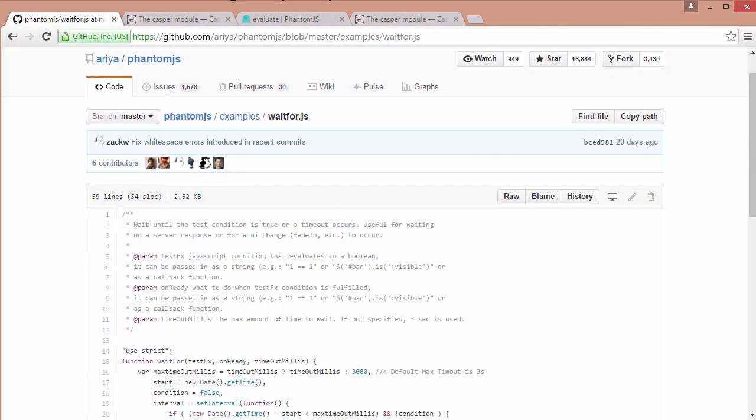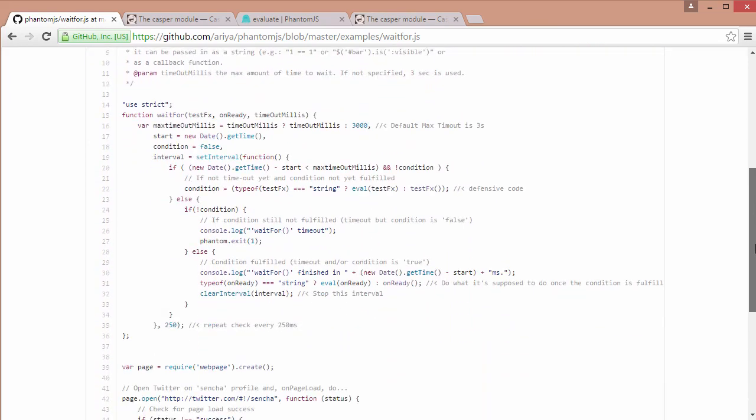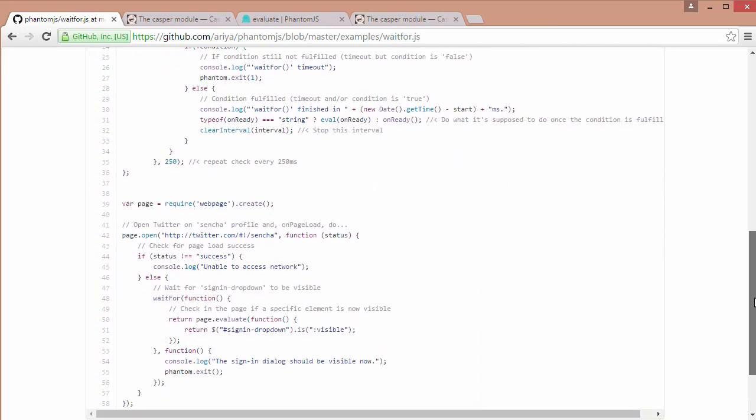In the Phantom API, there is no built-in way to wait for a selector to appear. So you might have a page that's retrieving some data in Ajax, and you need to wait for the page to actually load before being able to grab that data. So here we can see an example of how to perform this action in the